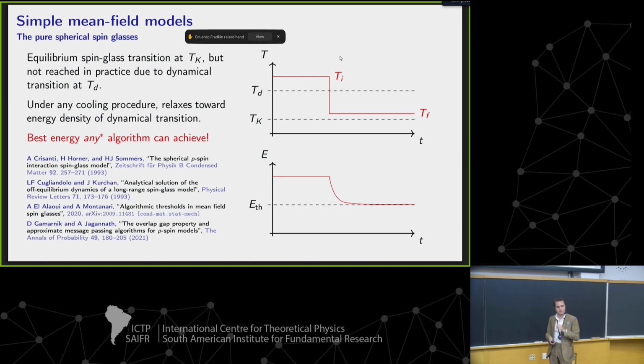I have a question. Is this an artifact of the infinite range model? Yes, these functions defined by these covariances on the sphere indeed can be realized in a computer by all-to-all connections, by tensors that have Gaussian IID variables in them. So it is an infinite range model, fully connected. But what if you change the architecture of your interactions so that they are not all equally strong? You don't even need to do this. If you simply change the covariance function to a more generic form, like I'll do later in the talk, you already don't see this behavior.